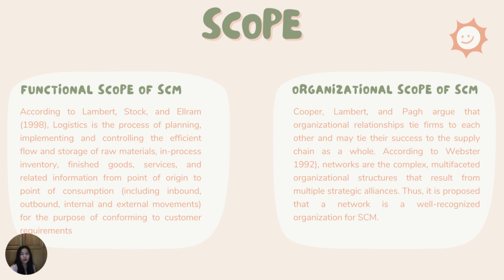CLM has also distinguished between logistics and supply chain management and acknowledged that logistics is one of the functions contained within supply chain management. The organizational scope of supply chain management is the implementation and the process of supply chain management across three or more companies, all of which must have supply chain coordination.